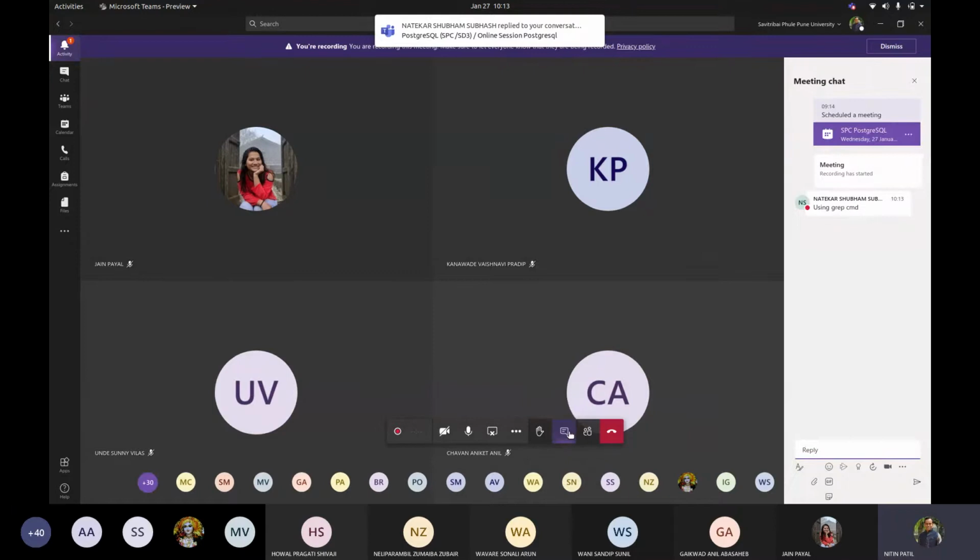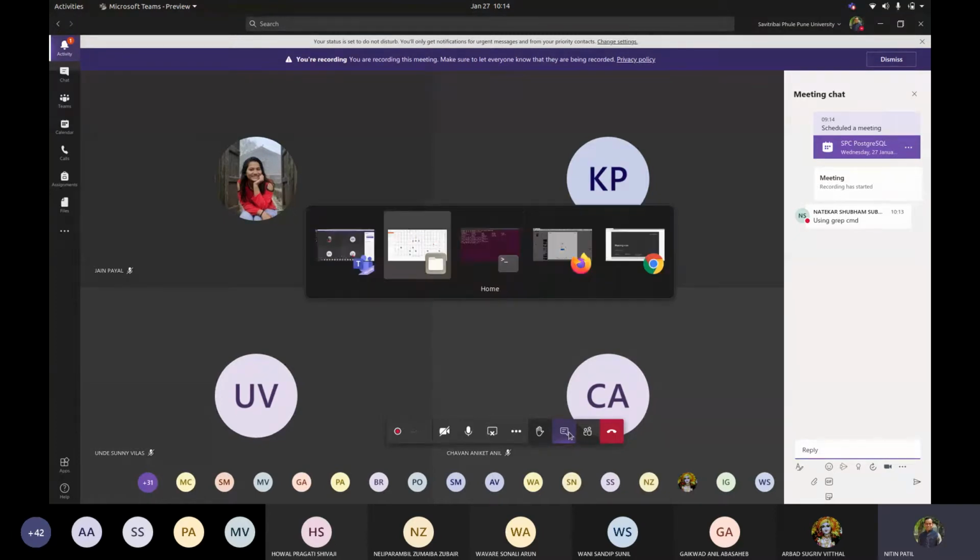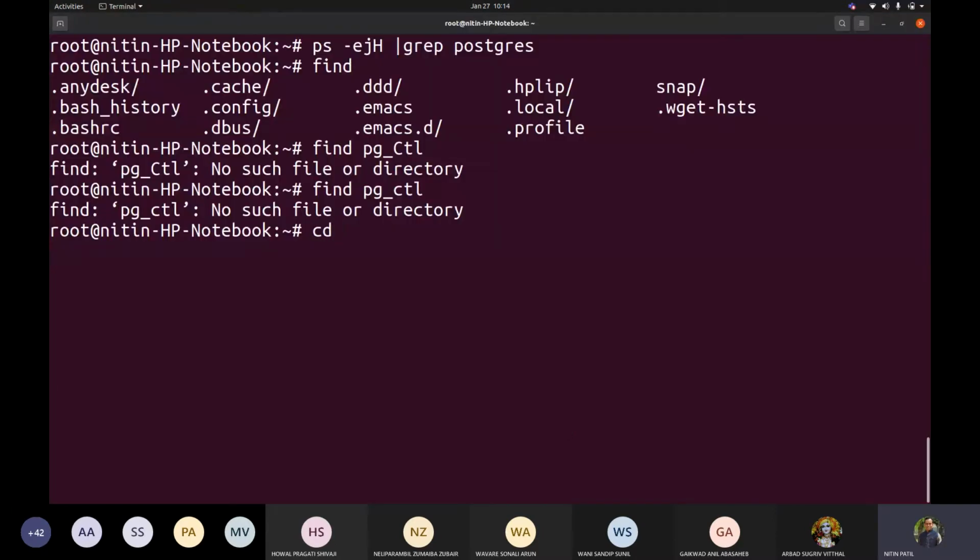Okay, using the grep command. Any other aspect? How will you search using the grep command? Shubham, can you let me know how you will find this? Can you unmute and tell me how you will write that grep command on the shell prompt? You let me know so that I can type it on the terminal. So what should I type now? ls or something else?